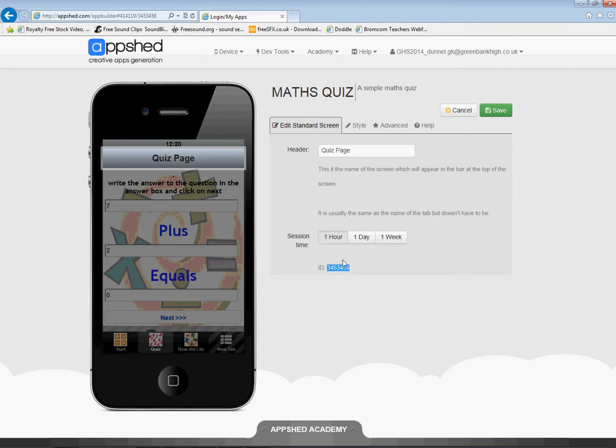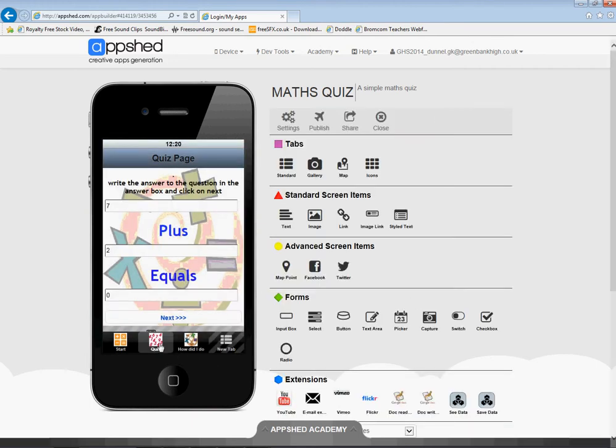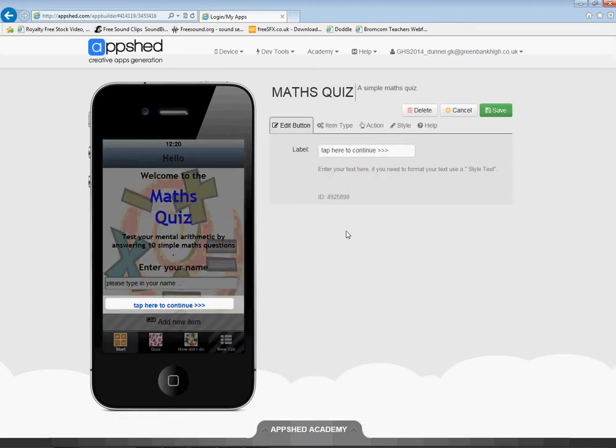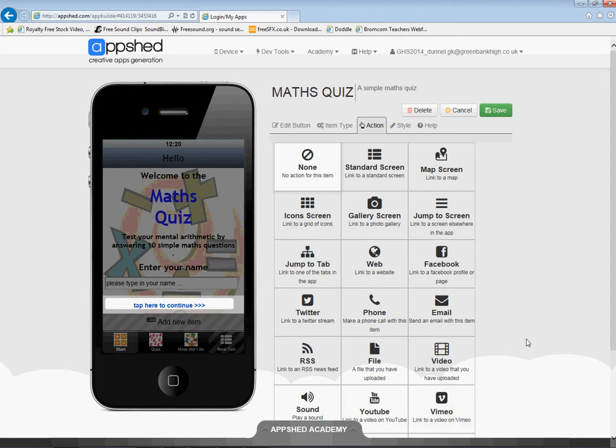3453456. Okay. Cancel that. Go back to the start button. Click on the button and edit it. And I want to go into the action. So the action says what happens when somebody taps on that part of the screen. And at the moment, what happens is nothing. There's no action. And I want to change that to